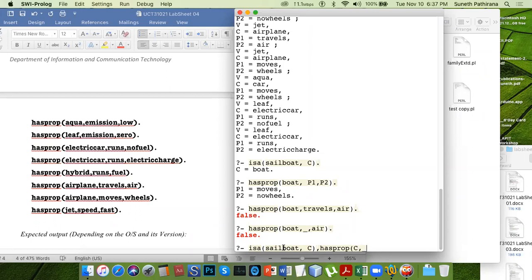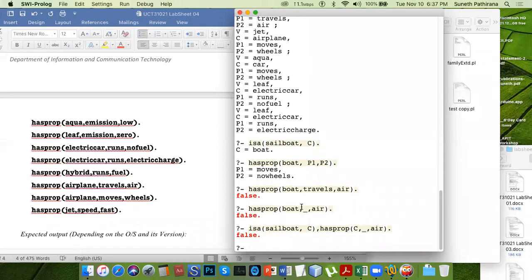You don't need the property one or the action, and you have to check whether that uses air as the medium. False. So this is the question that you can ask. Can sailboat fly? The answer is no.